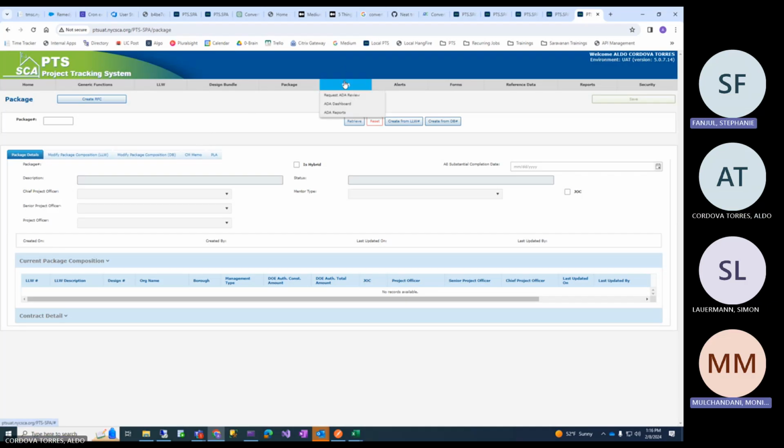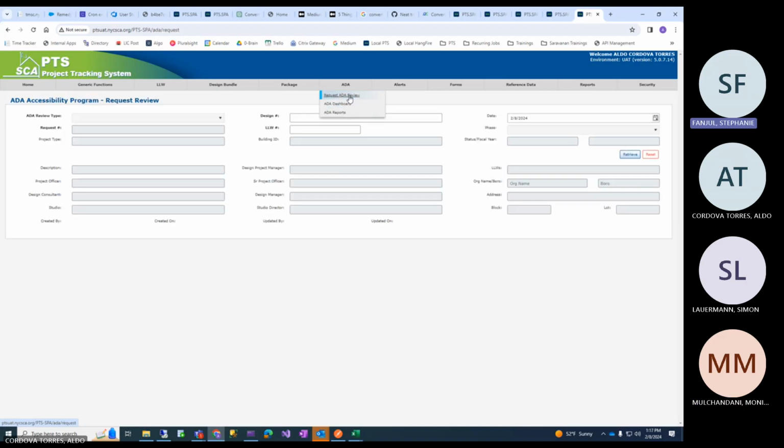ADA, I don't know. Somebody else has to jump in and tell us what ADA is. ADA is like accessibility. Simon, do you know what ADA stands for? Yes, it's the American Disability Act. Okay. Basically it's for all our schools, right? We have to make them accessible for wheelchairs and so on. So there are things like POT, path of travel, which essentially means getting from the street into the school.